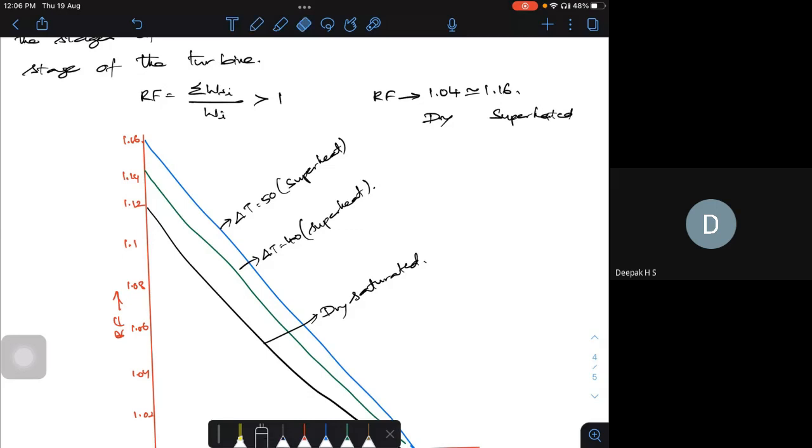In the superheated condition, your reheat factor is high, and for dry saturated steam, your reheat factor is less. So this is one particular reason why this all depends on how you are doing your work, how much work you are trying to do. If your work is done in a single stage and